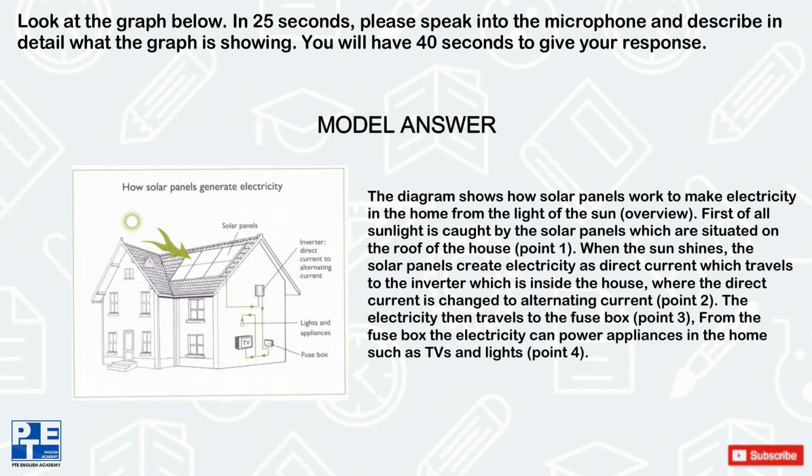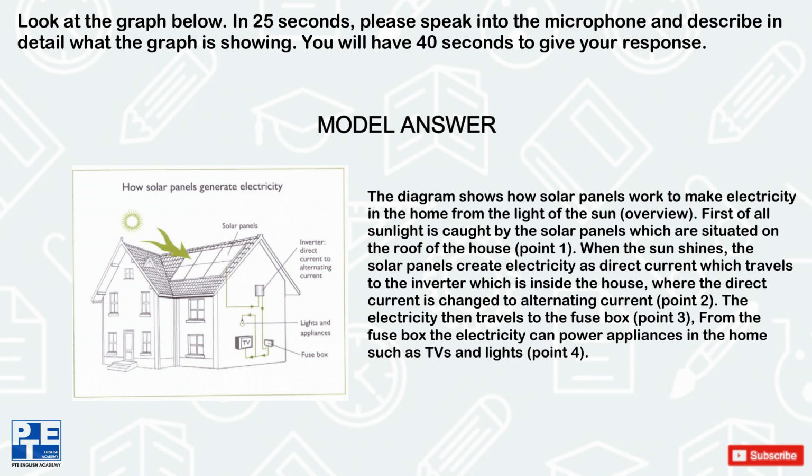The diagram shows how solar panels work to make electricity in the home from the light of the sun. Overview. First of all, sunlight is caught by the solar panels which are situated on the roof of the house. When the sun shines, the solar panels create electricity as direct current which travels to the inverter which